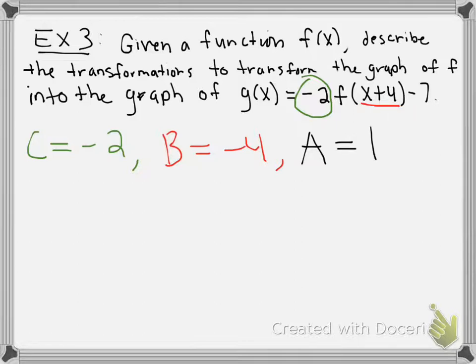The simple story for that is that since A is equal to positive 1, that means that there's no horizontal scaling and there's no horizontal reflections taking place. And then finally, the negative 7 that we're subtracting from the function notation,